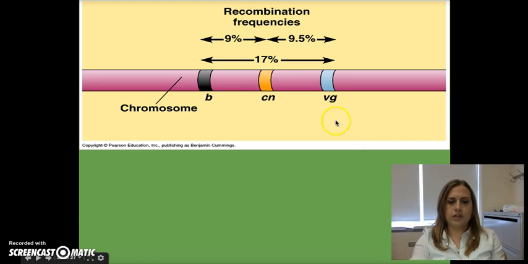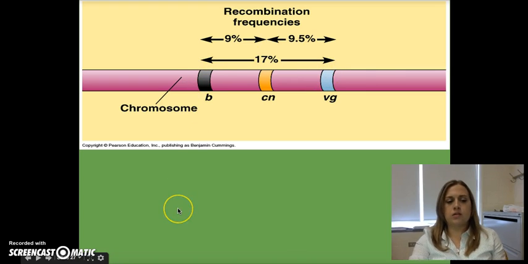So if we were looking at this example chromosome and we were looking at these three traits, and we figured out that there was a recombination frequency of 9% between B and CN, and a recombination frequency of 9.5% between CN and VG, but then when we compared the black to vestigial wing, and we discovered there was a 17% recombination rate, we would be able to order these three genes on this chromosome in this order because we know that these two have to be about 9% apart, or 9 map units. We know these two have to be about 9.5, and that leaves about 17 map units between the black and